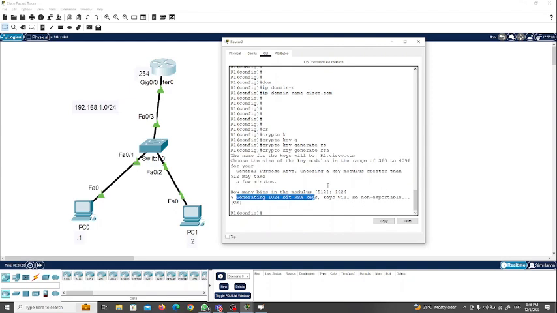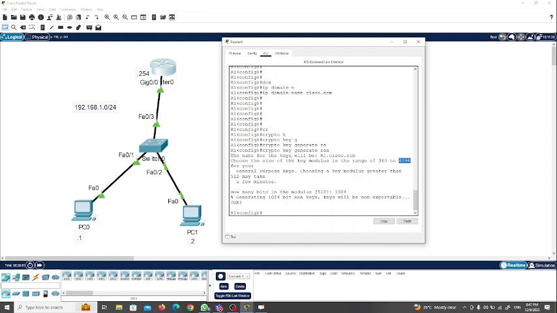Yes, you can, but take into account what is mentioned here. The higher the modulus that you choose, the more time it will take your device to generate those security keys. You understand? So when trying to use the maximum here, make sure that the router you are using has powerful resources,